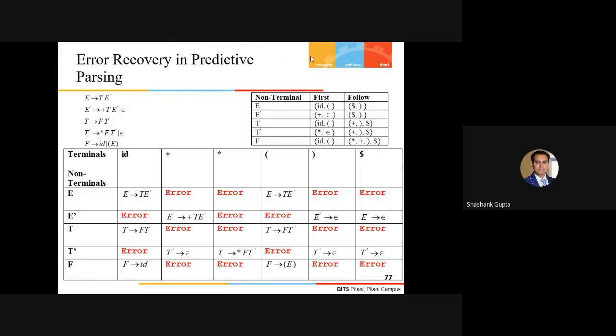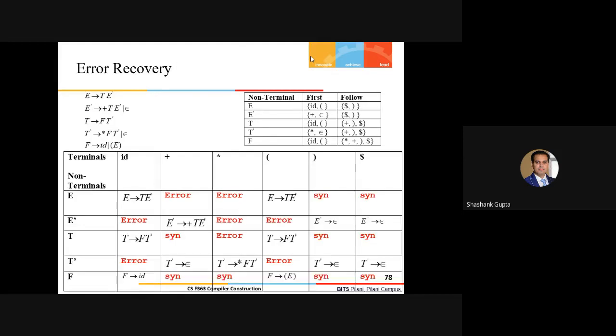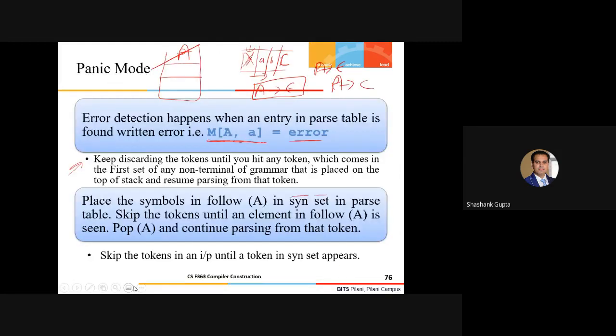Fine. So till now, our configuration with respect to the same example is something like this: error entries here. Now the revised parse table is saying that place the sync symbols under this follow set here, follow of symbols. Follow of E is this, follow of E is also this particular symbol. So similarly this. So what does this indicate? That I have to ignore these symbols as long as I cannot hit any symbol which is coming in the follow of it. So two strategies, guys, we have. One is this and the other one is this for error recovery.